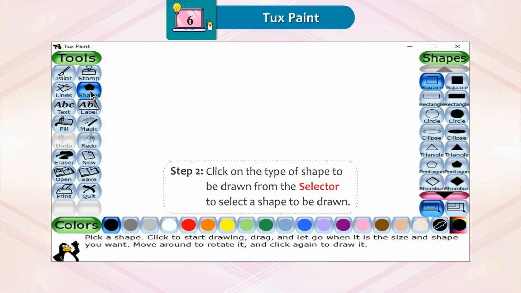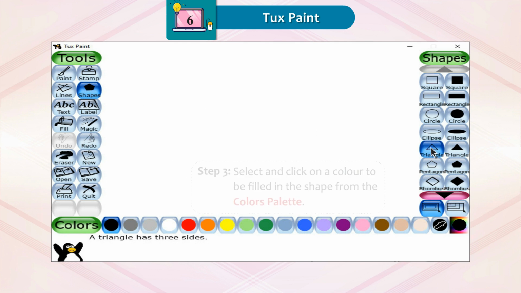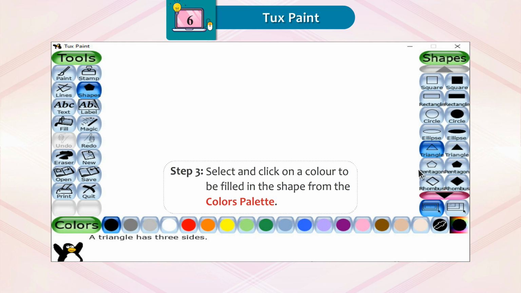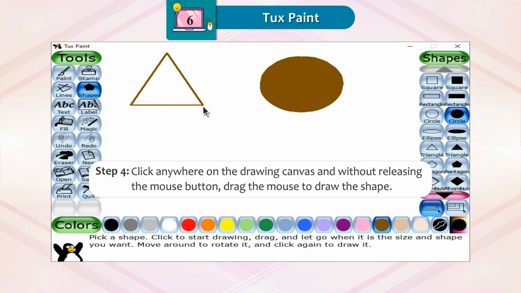Step 2. Click on the type of shape to be drawn from the selector to select a shape to be drawn. Step 3. Select and click on a color to be filled in the shape from the colors palette. Step 4. Click anywhere on the drawing canvas and without releasing the mouse button, drag the mouse to draw the